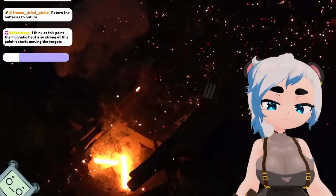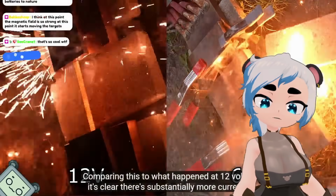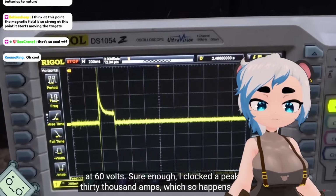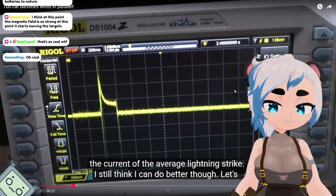oxygen in the air. Comparing this to what happened at 12 volts, it's clear there's substantially more current at 60 volts. Sure enough, I clocked a peak of 30,000 amps, which so happens to be the current